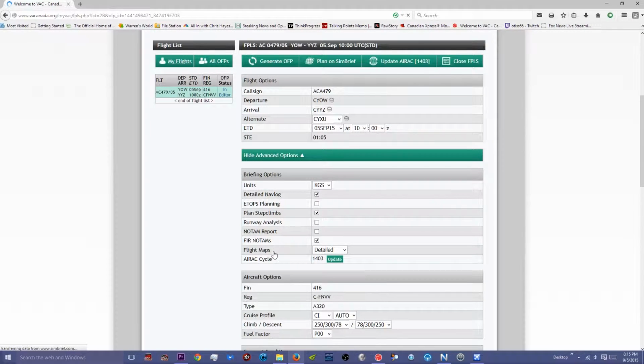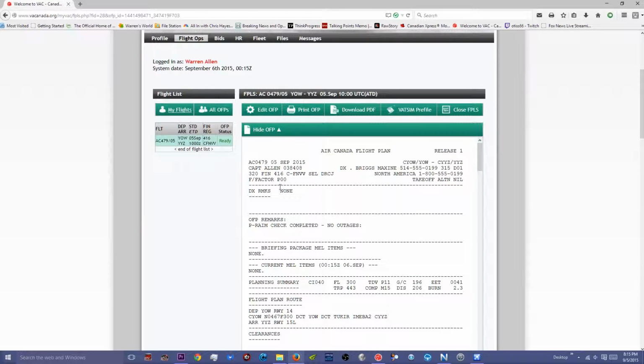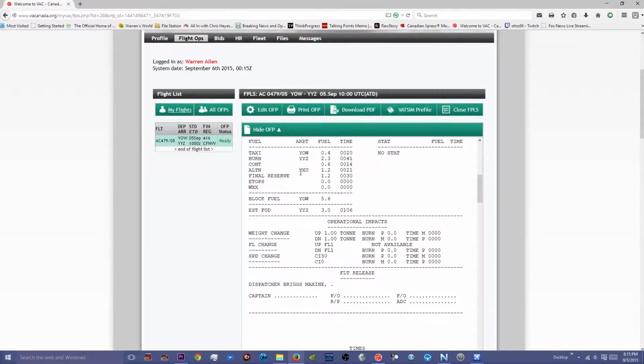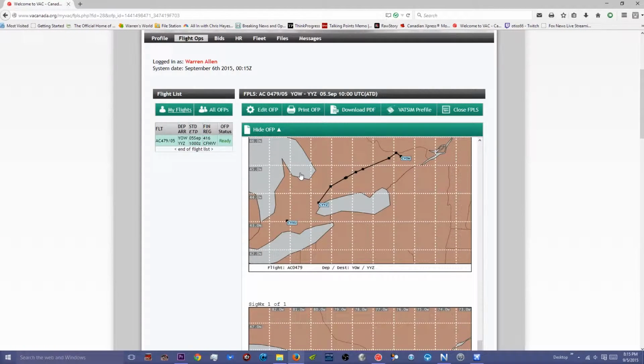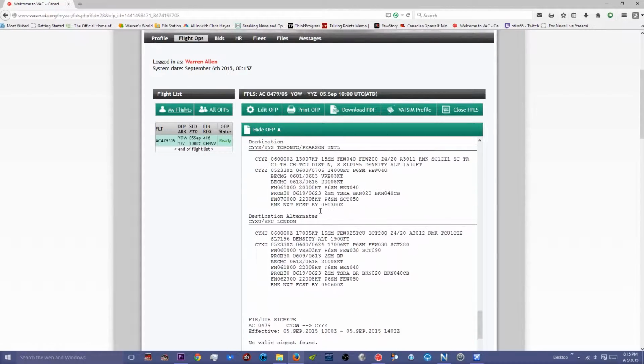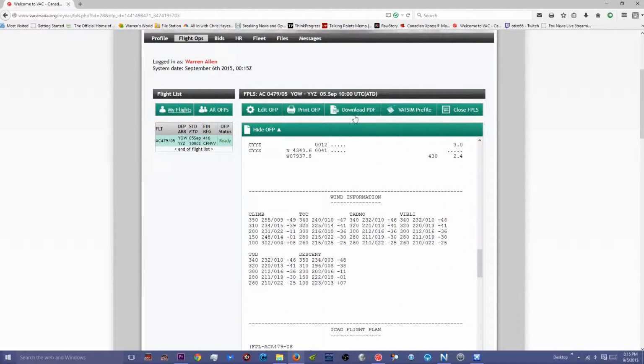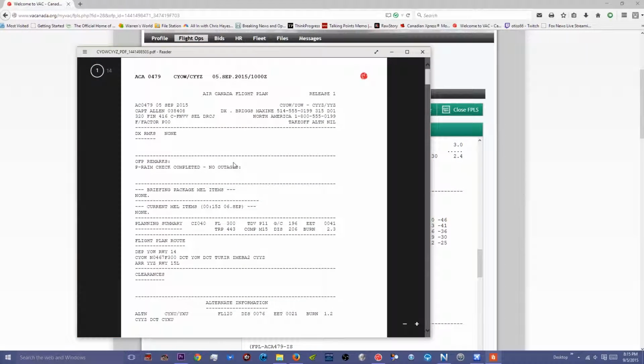Alright, so the page is going to refresh, and here's your operational flight plan. Now, it can be a little bit scary, but I've learned to figure out most of what it means. And it includes a little map of your route. So it's all very cool and nice. Now you can download it in PDF, which is really cool, because in your flight sim, if you use something called PDF kneeboard, you could bring up PDFs on screen, and it's very handy. But for now, we're just going to open it up in my default